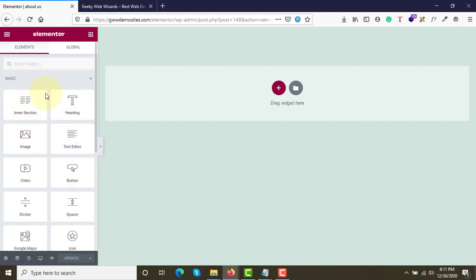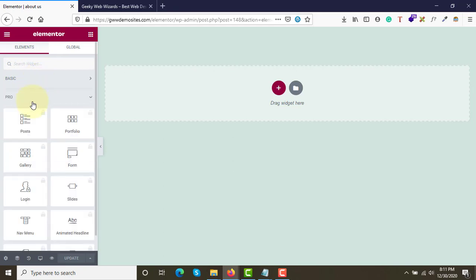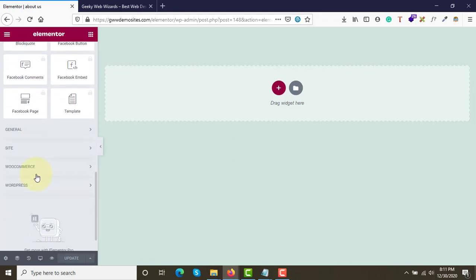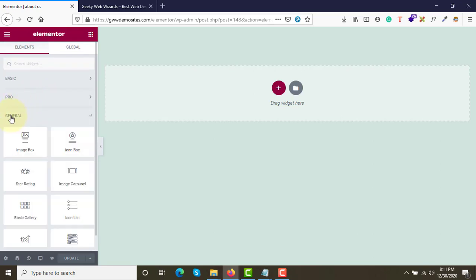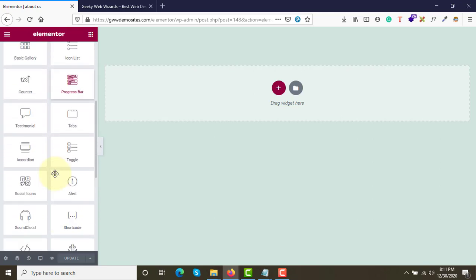If we classify, you can see there are so many elements right here. Under basics, we have somewhere around 10 elements. And again, under the pro version, we have so many elements here. Similarly, under the general section, we have around 20 elements.